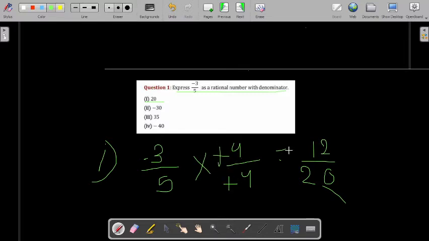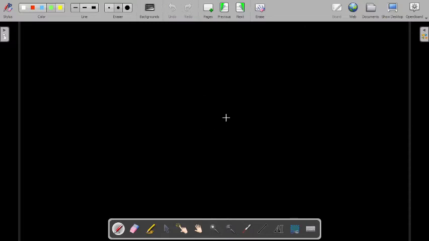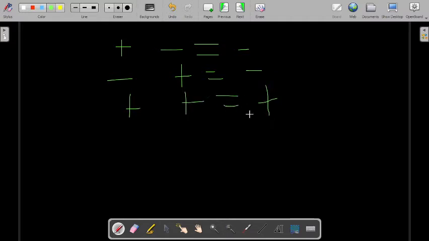Now I will tell you some basic concept. Let me add a page so that I can tell you about this concept. Listen guys, this is a very important concept. If you have a positive integer and a negative integer, the answer should come as a negative integer. If you have a negative integer and then a positive integer, your answer should be negative. If both are positive integers, then it will be plus only. If both are negative, then it will be plus. These are very important concepts. You just have to remember them.